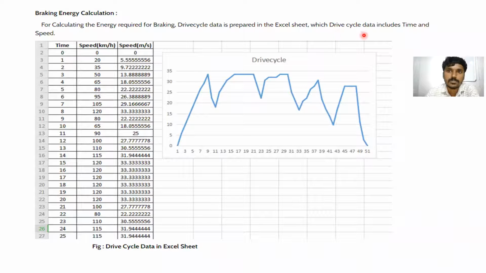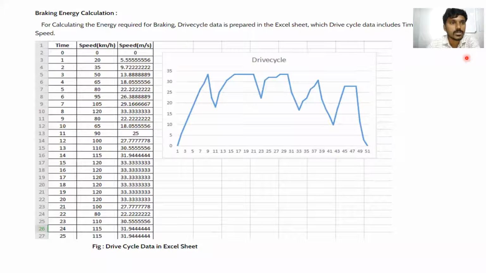The drive cycle data should include time and speed. If time t is equal to 0, the speed of the vehicle is 0 kilometers per hour, and at the same time the speed in meters per second is also 0.